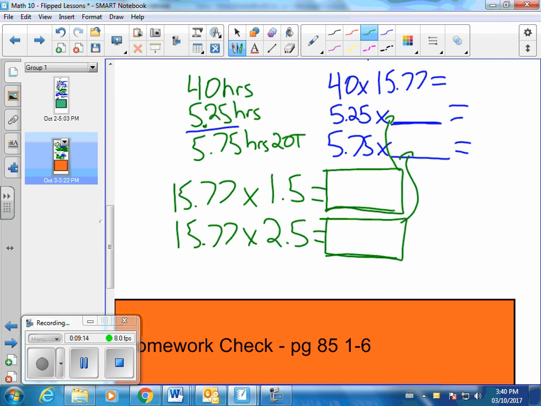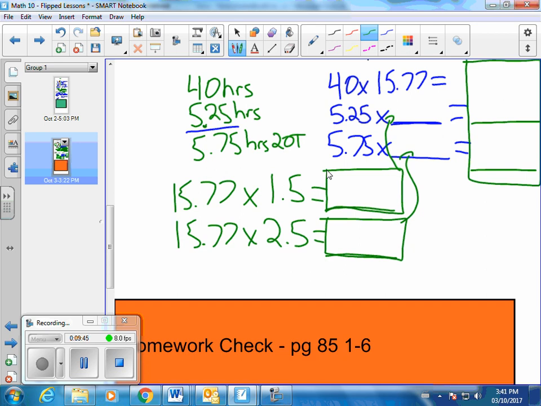Once you've figured out what these numbers are, you're going to add up all of the numbers in that column and you're going to figure it out. You're going to find out what the total amount of money he's going to make if he works those hours this week. I'm going to be checking to see if you calculated that out at the start of class or on your own. It's going to be the first challenge when we get into class tomorrow. So go ahead and try and figure out the answer